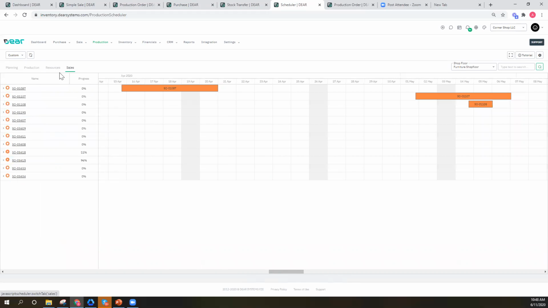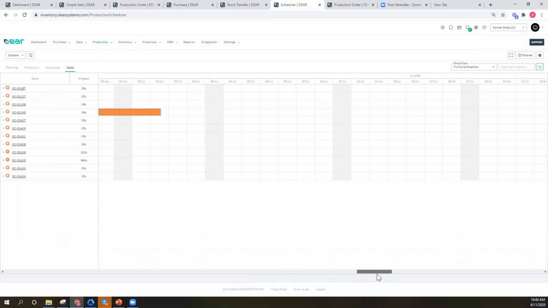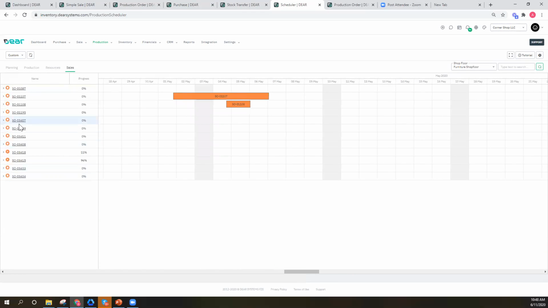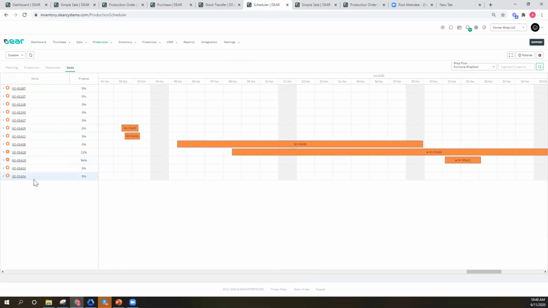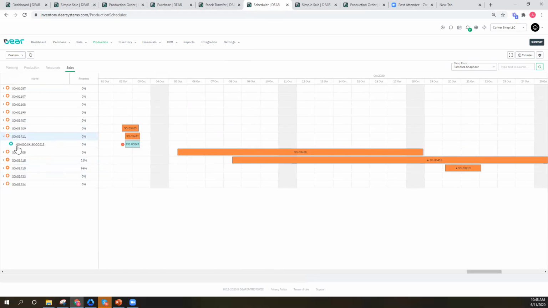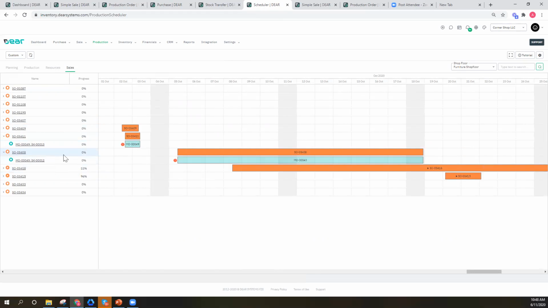And you can look at it per sales order. So you can see this sales order, it's going to take me from here to here to finish it. So you can look at per sales order. Click on it, it takes you to that sales order. Very simple. So you can see sales order here. So fantastic. You can look at the manufacturing order. It's going to take me this much to do it. So it's excellent. So you can see the manufacturing order number and the sales order number that's tied to it